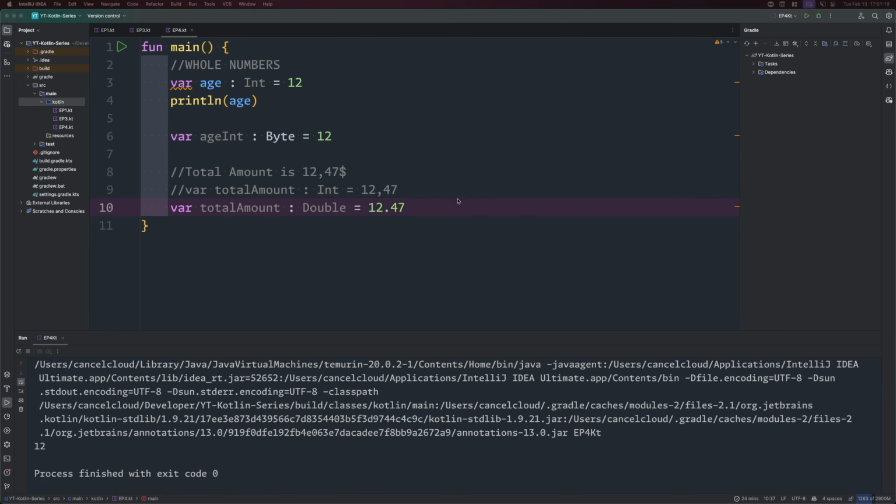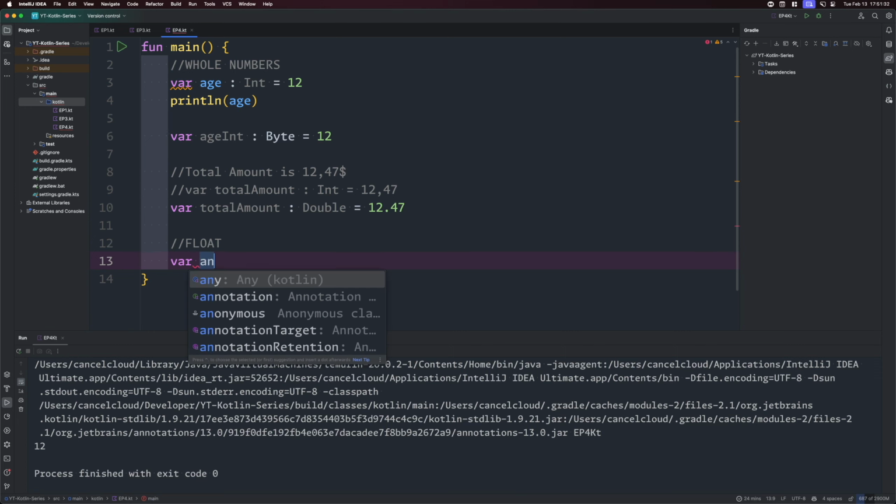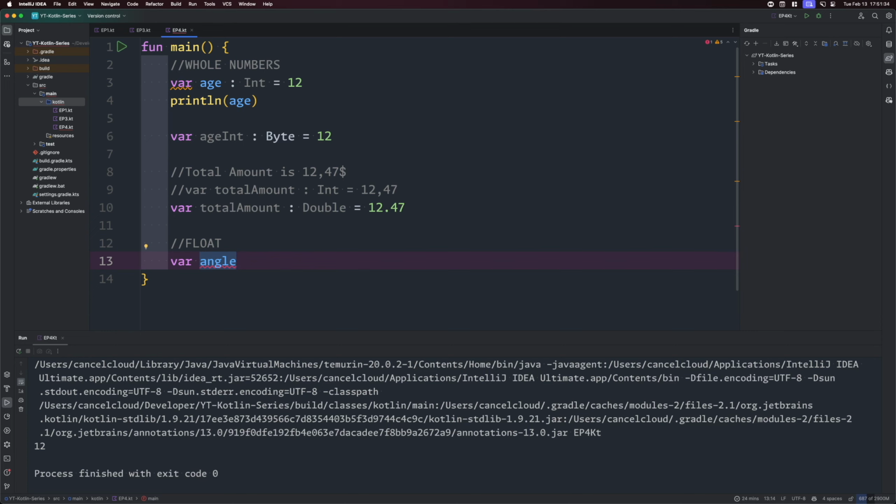So since we covered the double, next we want to make a float. We are just going to start like we did for the total amount. We want to say angle, like you have a triangle and you want to save all the angles on the outside, so they are greater than 180 degrees, and that's definitely a float. I want to use a float for that, and we're going to say it's 160.0